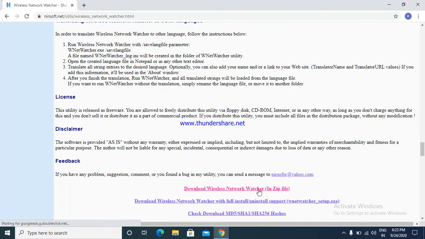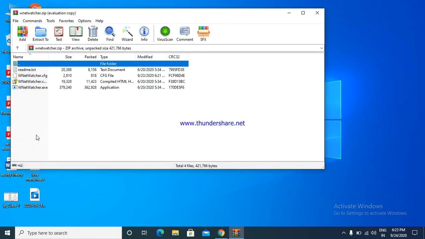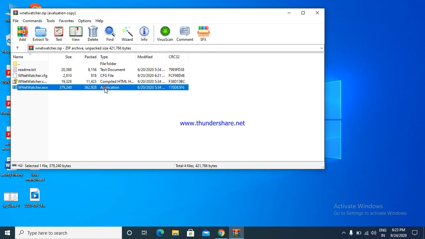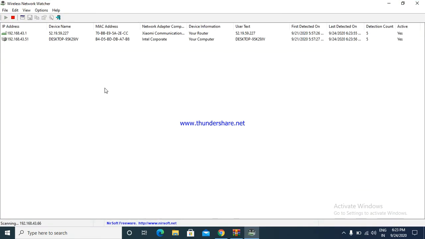I have already downloaded it, so I am going to show the demonstration now. When I open Wireless Network Watcher, when we double click on this application, it will open and start to scan the devices